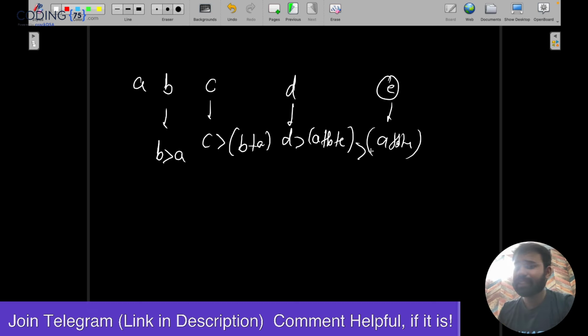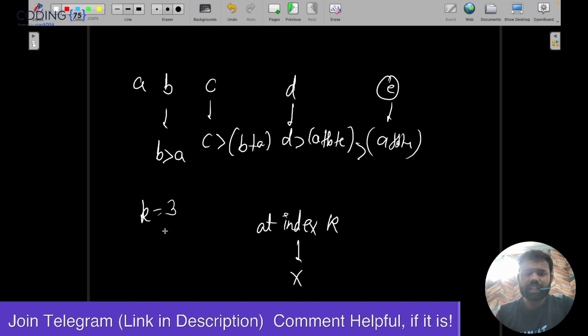Now what is given to us is that at index k, we are having an element x. We have to find whether it is possible to make element x at index k. For example, index k is 3, x is 10. Yes, it is possible. What we can do? We can make the first element 1, because we start from the very minimum, 1. If this is 1, the next should be greater than this, at least 2. Now at index 3, 10 is given. It is possible. Yeah, we can keep 10 here.